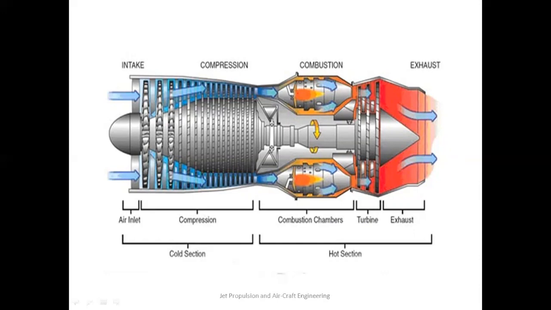These flue gases then enter the turbine, where partial expansion of the flue gas is generated, as we have discussed earlier, because the role of the turbine is to run the compressor and other auxiliary devices only. Afterward, the remaining gases go to the nozzle. The nozzle has a gradually reducing area, and due to that these high pressure and high temperature gases are converted into a high velocity jet, and this jet provides the propulsive force, or the thrust, for the forward motion.